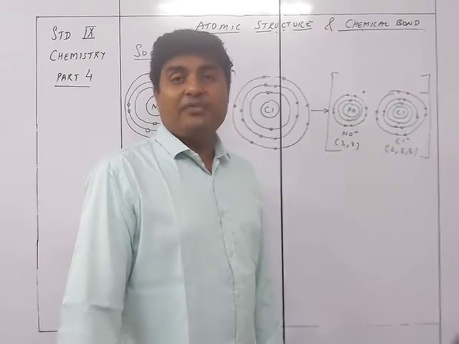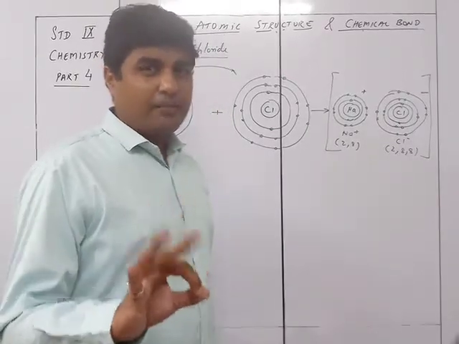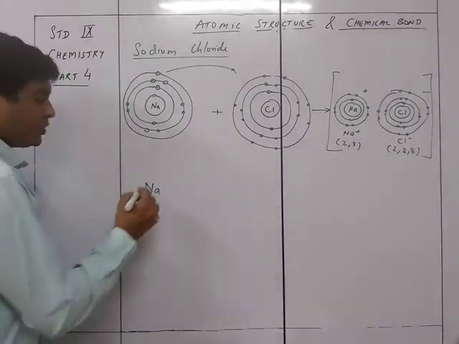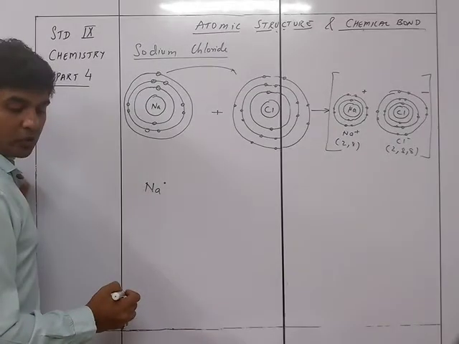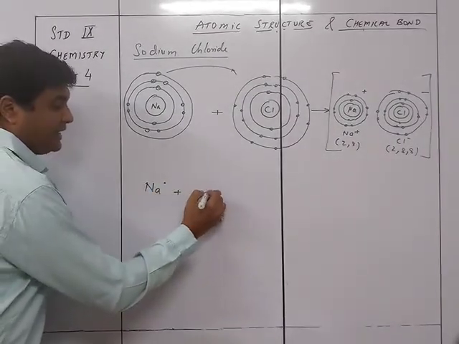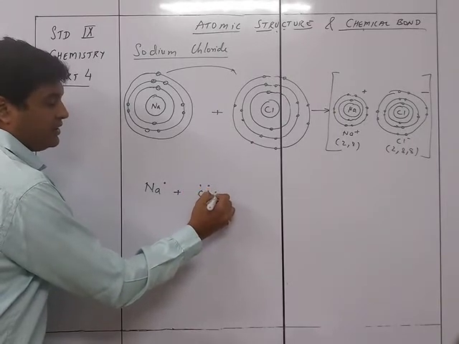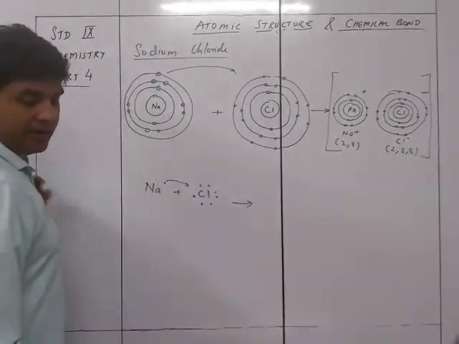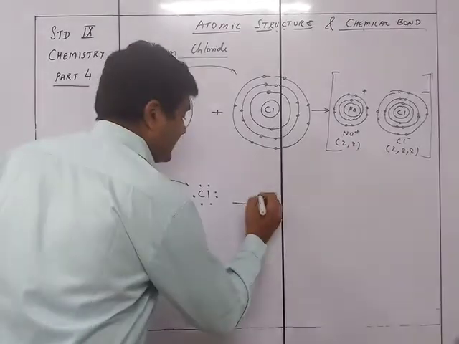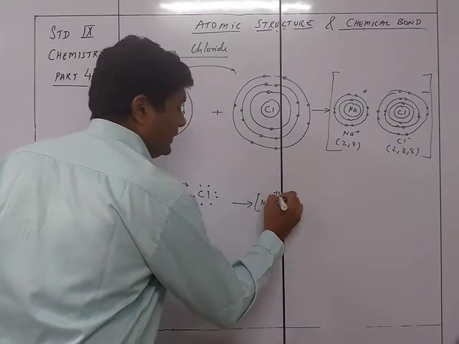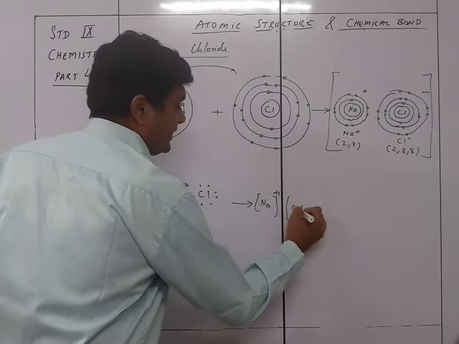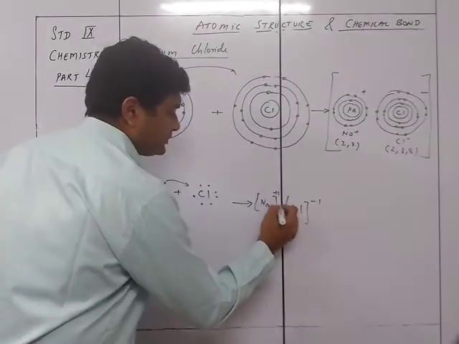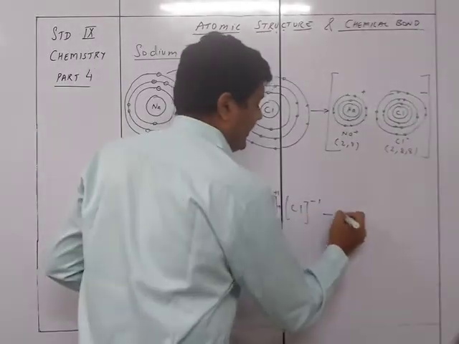Now in the 10th standard you will have it this way, that you can draw these structures in the form of a dot diagram. In the case of dot diagram, it is very simple. You just have to say Na, and then say how many electrons it has got. It has only one electron in the outermost shell, so you just put one dot over here, and then say plus and then Cl here. How many do they have? They have 7 electrons outside over here. Then you show an arrow like this, and then you make it Na plus 1, and this will be Cl minus 1. So that will be Na plus 1 plus Cl minus 1 to give you NaCl.